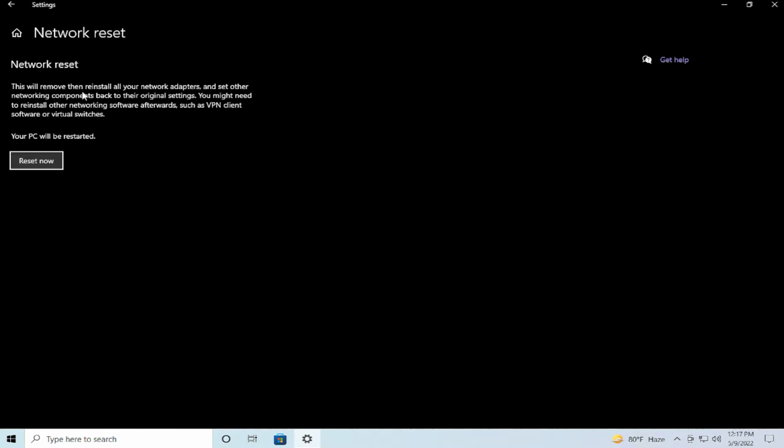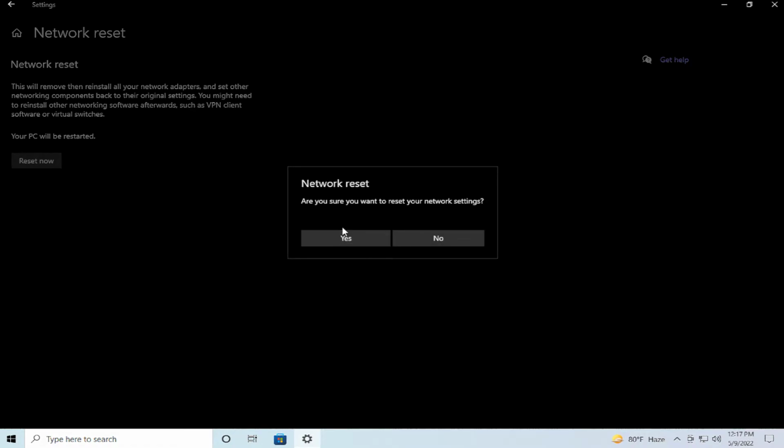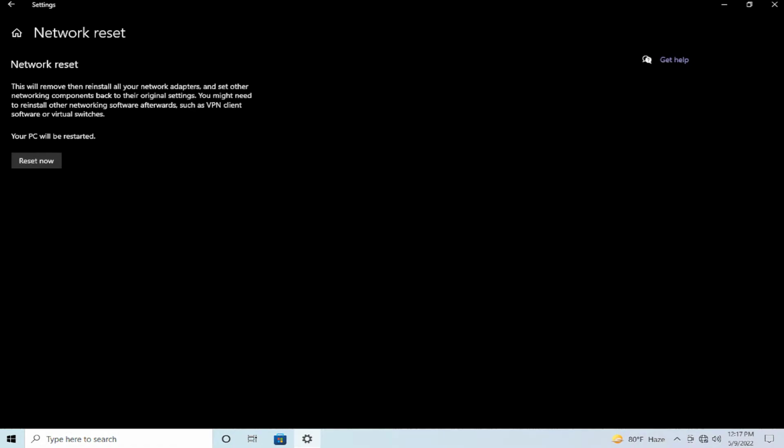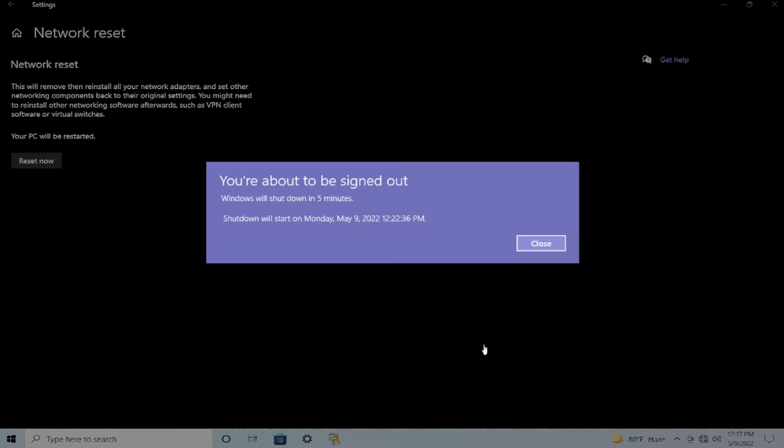This will remove, then reinstall all your network adapters and set other networking components back to their original settings. Click on reset now and confirm on yes. Close this new window, then restart in 5 minutes. Click on close,